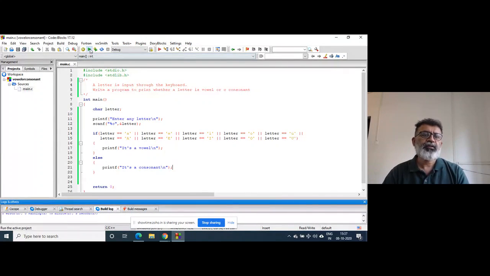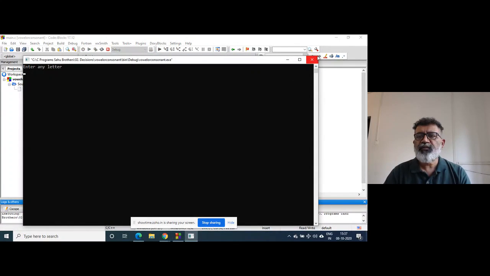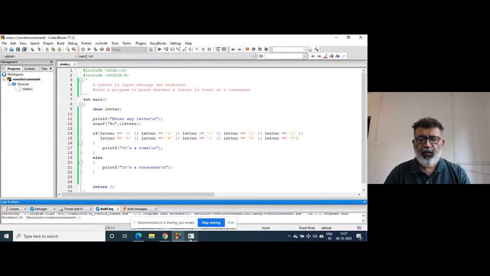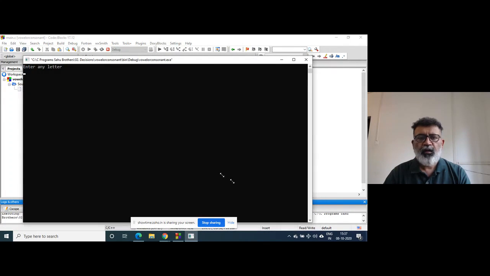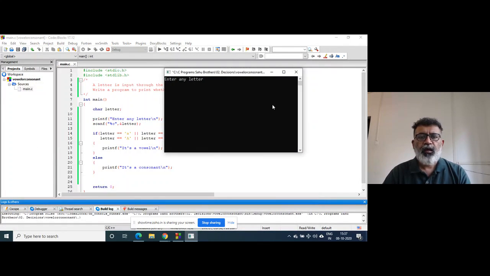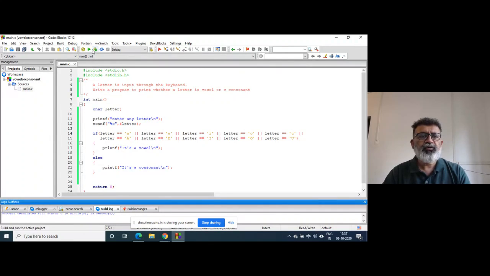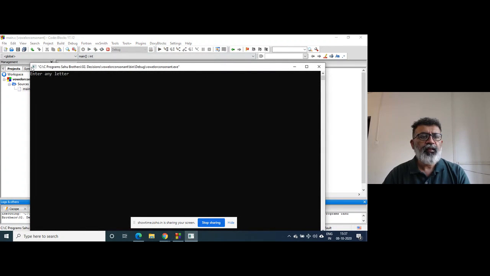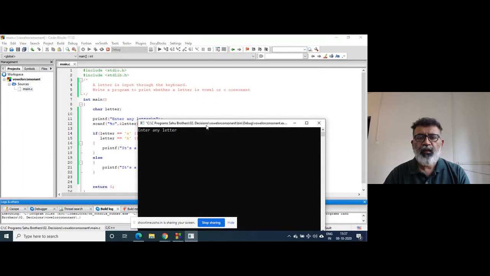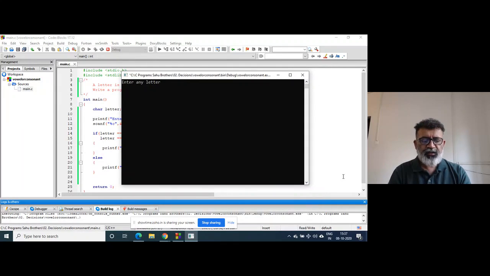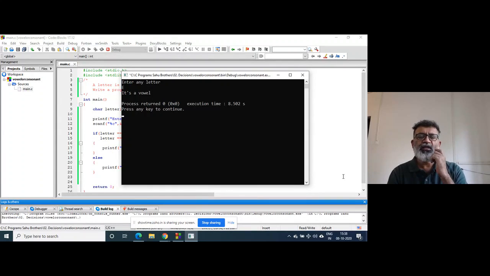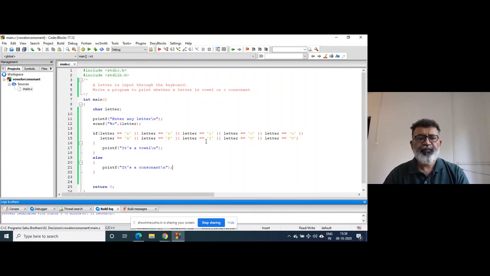So you do see this. Suppose I run the program. I enter suppose W. It will say it's a consonant, right? If I run the program again, I enter suppose capital E. It will say it's a vowel, right?